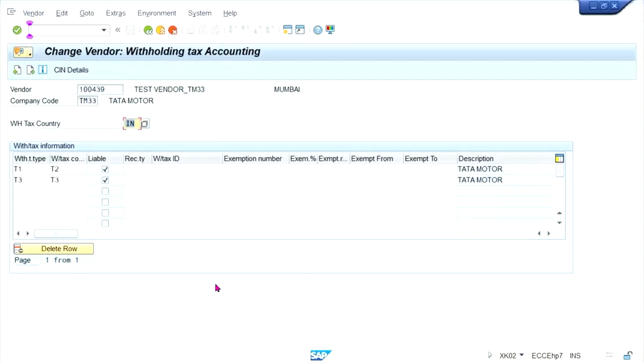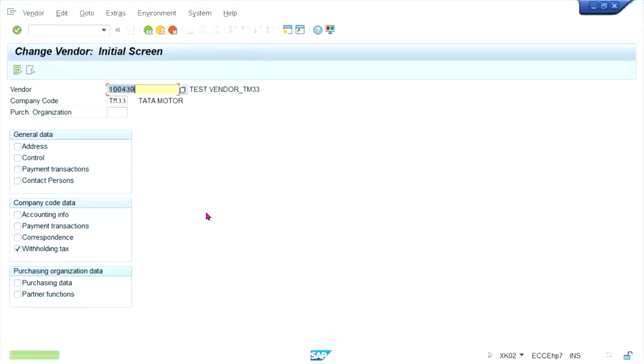And let's suppose you can remove this one, because both tax type and tax code will appear over there at the time of calculations. Just save it. Okay. So what we have done, we have assigned this one. Okay. So once you post the transaction, guys, once you post the transaction,